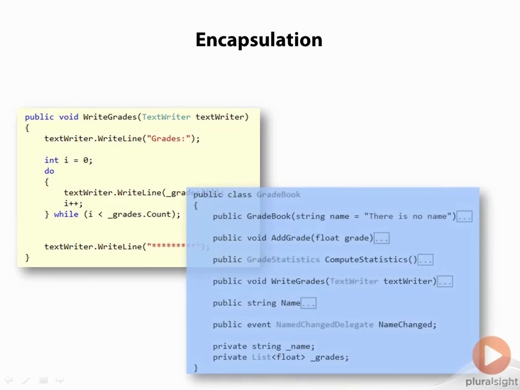Building a class definition with properties and fields for data and methods and events for behavior, that is also encapsulation. Not only am I grouping some related functionality together, but I am hiding data and algorithms inside of the class so that other people don't need to know all the details of how things work internally. So encapsulation is all about hiding complexity and building models which logically group together functionality, but inheritance and polymorphism are